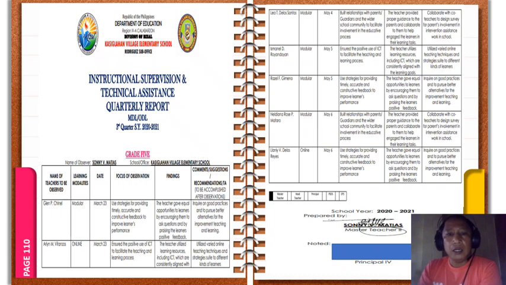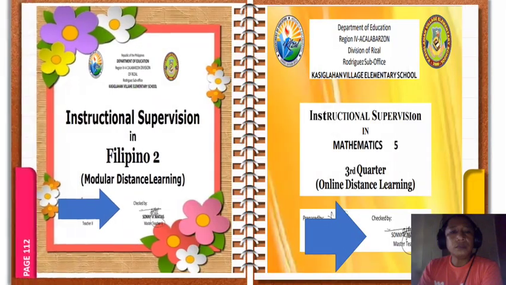We serve as help of the school head in supervising the implementation of the teaching learning process. It's either MDL or ODL. So meron po, hindi po tayo pwedeng gagawa na lang without, syempre, supervisory plan. So ito po, instructional supervision. These are the examples in Filipino and in mathematics. So marami po yan, kaya lang